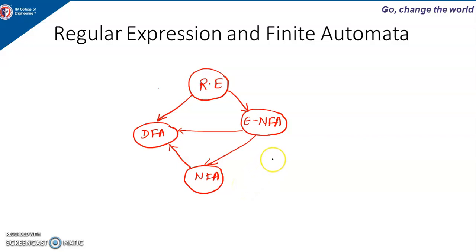Since a null NFA is obtained from a regular expression, we can say that a regular language in fact can be denoted by a regular expression. So given a regular expression, we can obtain a null NFA. From null NFA, we have already seen how to obtain DFA, and also from null NFA how to obtain NFA. So either we can construct NFA from null NFA and then DFA, or